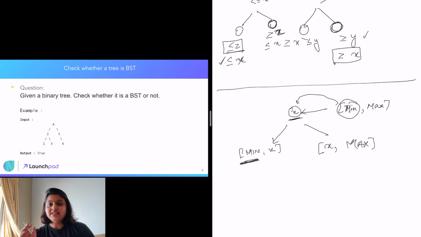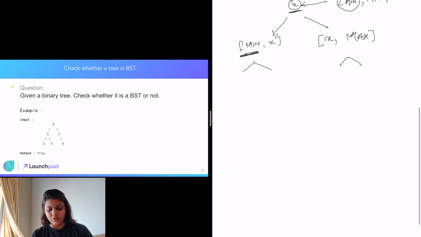Similarly, in the right subtree, the max can be equivalent to the parent's, but the minimum now has to be x. Why? Because the value has to be greater than or equal to x, right? So this is how we can iterate through our left and right subtrees and provide them with min and max values. Now let's write the pseudocode for this.